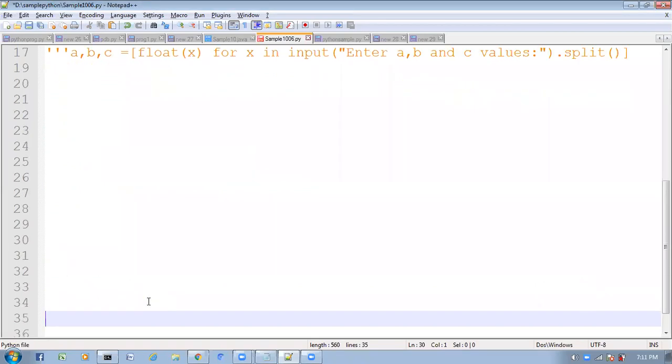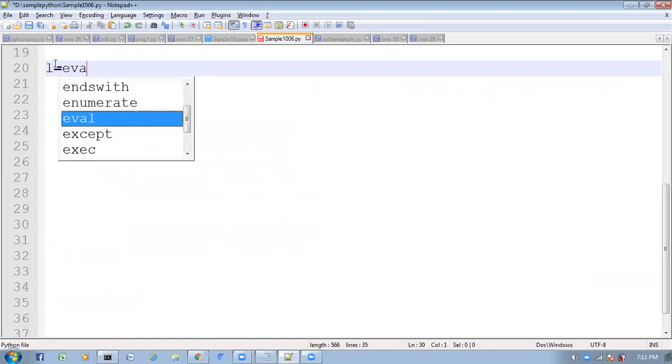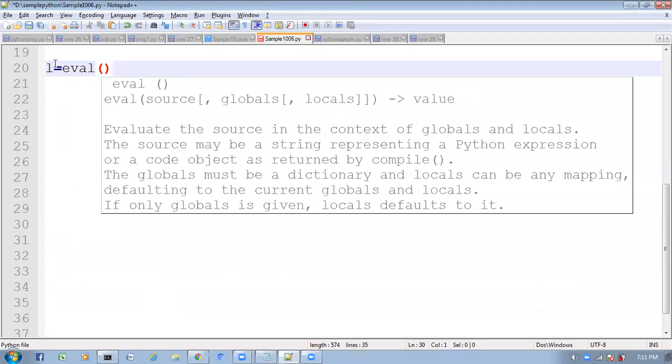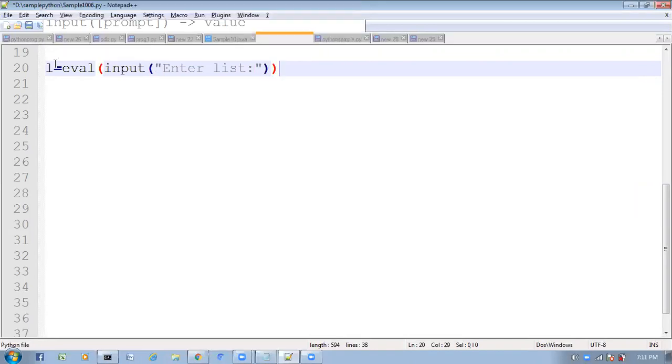Here I'm going to take L is equal to eval function, like this: eval of input of enter list.